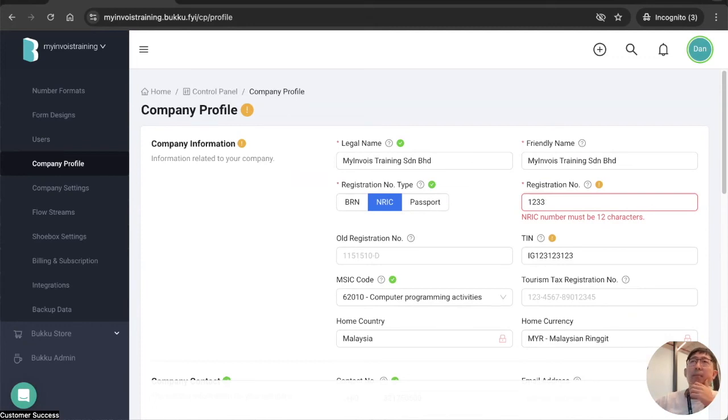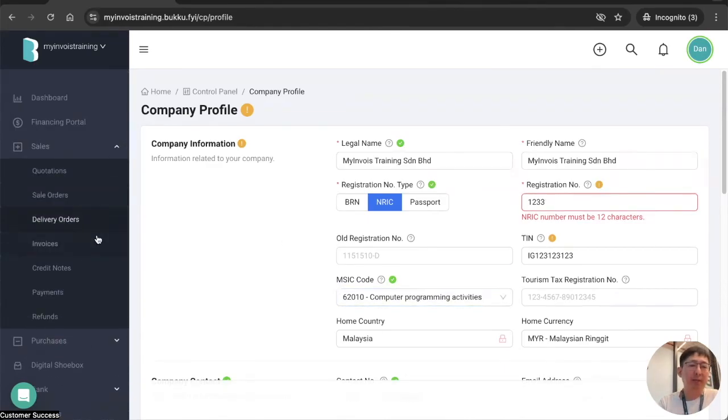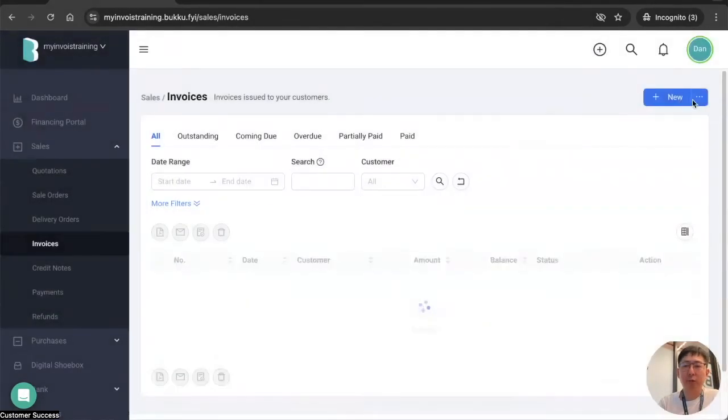Can there be any settings on a user level to submit, edit, or cancel e-invoice? Right now, I think it's all going with the existing permission settings, right? So I can show you briefly who has the right to do submission. If you pay attention, when you do a submission,